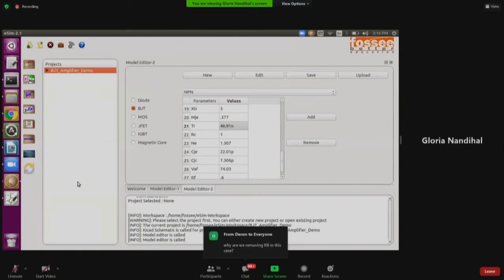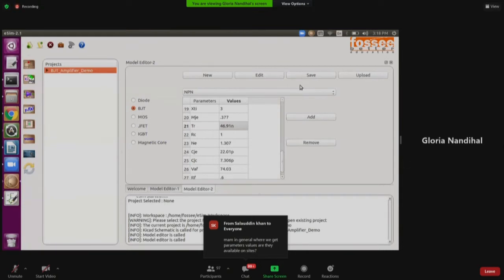Like I said, RB is required just for demo purposes. I'm saying that RB can be removed, but there are certain parameters which really need to be there while modeling the BJT, and certain parameters you can ignore. If you look at the other models shared in the document, you can see all have the RB values. I think, Gloria, we can proceed. Some of the people have already given us a go-ahead.